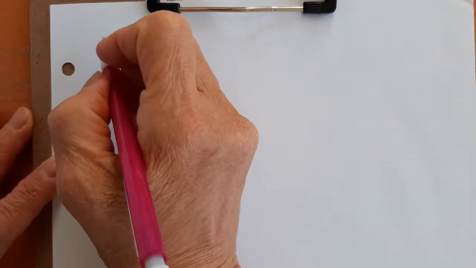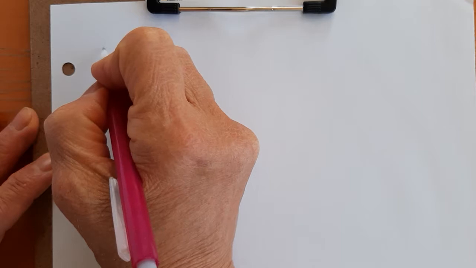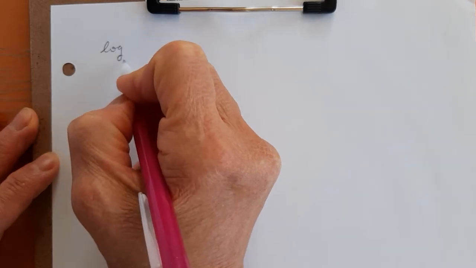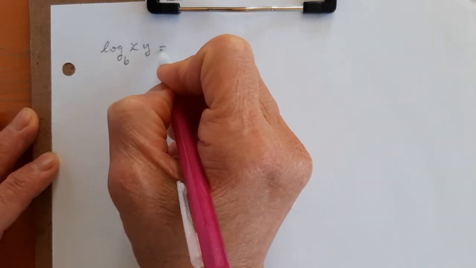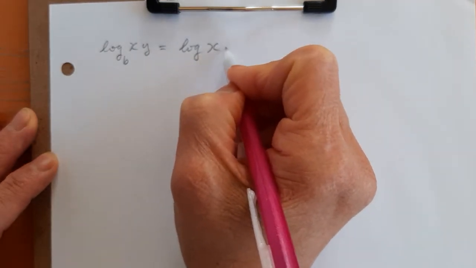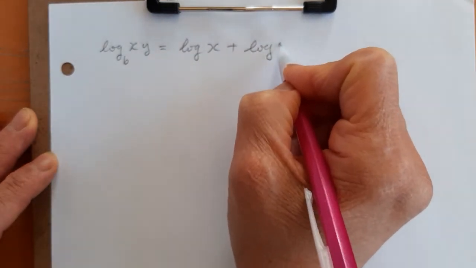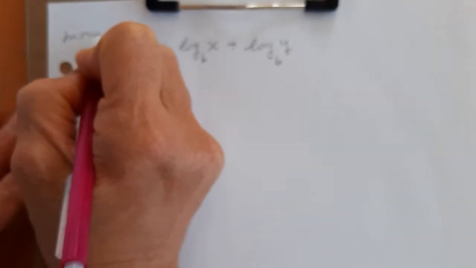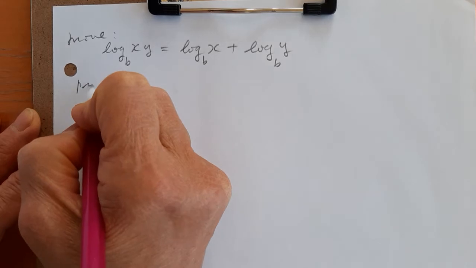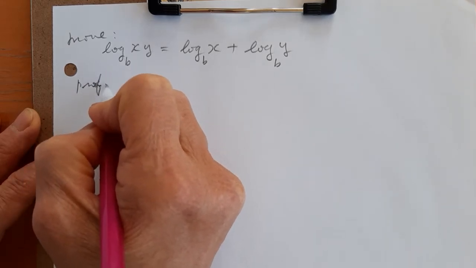Prove the product rule of logarithmic function. Product rule is log base b of xy equals log x plus log y. Base is b. How to prove it? First of all, we let